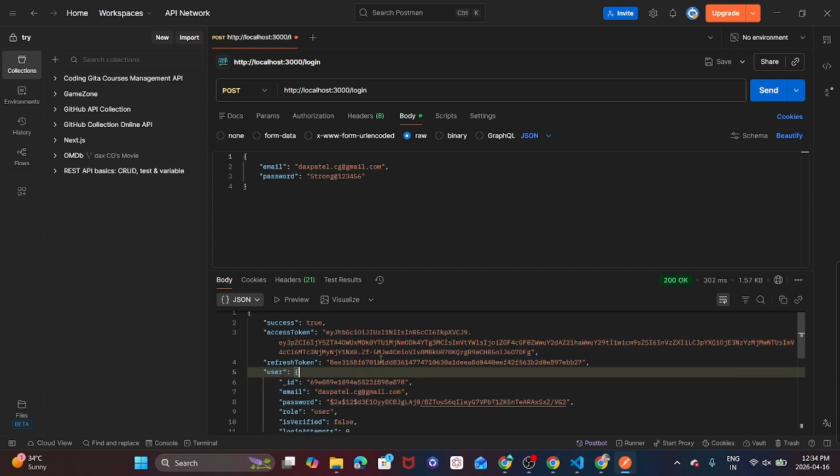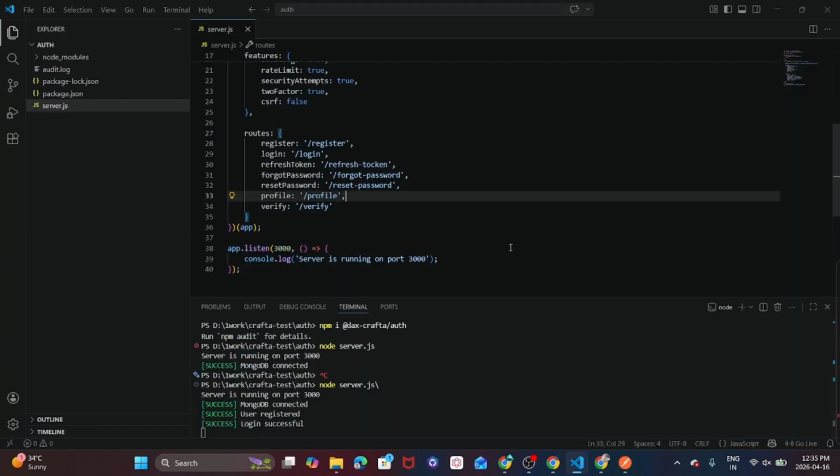Okay, so this is our basic demo of how the Crafta auth package is working. I am going to create specific videos on how you can use this package and customize each and every feature and what controls you can get. Okay, so we created this package alongside my friend Kalpan Kanaria, and